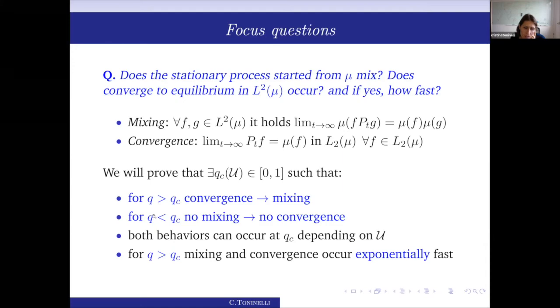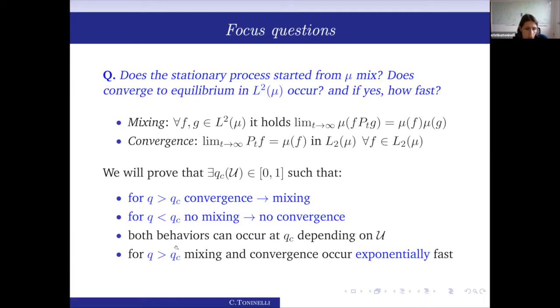And when Q is smaller than this critical density, there is no mixing and therefore not even convergence. So there is a critical density which separates the regime in which there is convergence and mixing from the other regime. And we will see that, depending on the model, at the criticality both behaviors can occur. And furthermore, what is most important, we will be able to tackle the speed of convergence to equilibrium in the